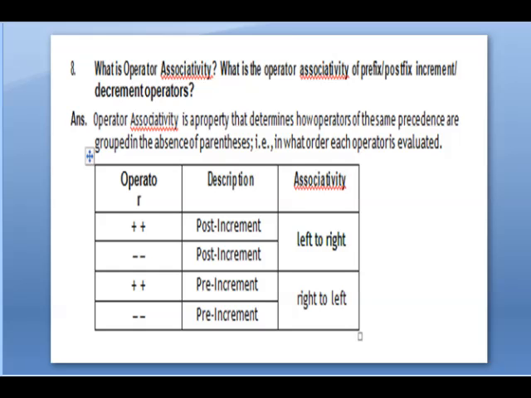Plus plus post increment and minus minus post decrement have left to right associativity, while plus plus pre increment and minus minus pre decrement have right to left associativity.